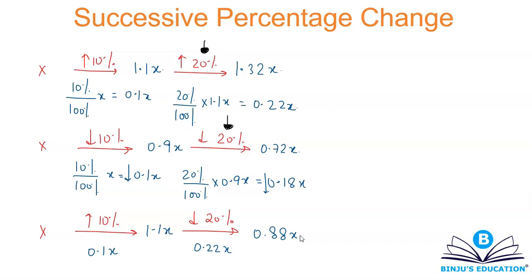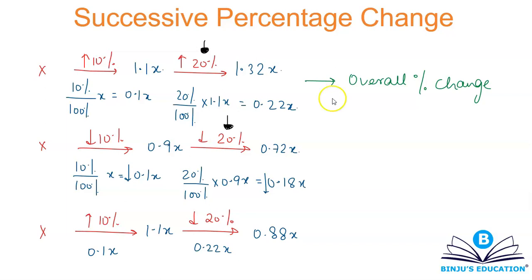So this is one way, the conventional way, which I basically prefer. There is another way, which is the formula. You can make use of the formula. The formula that we have is basically to calculate the overall percentage change. This formula will not give you the final value, guys. Remember that. This formula will give you the overall percentage change or the net percentage change.